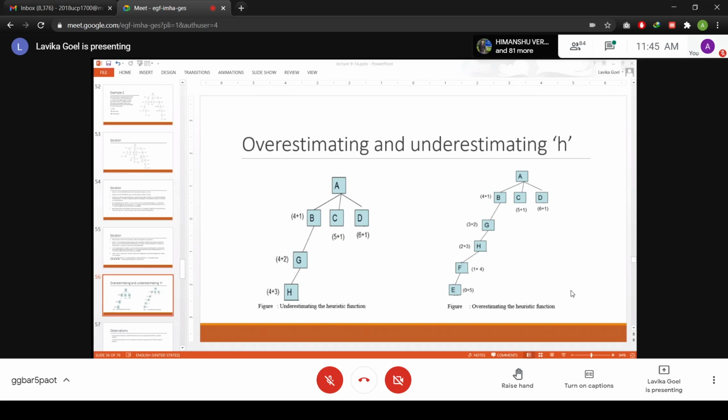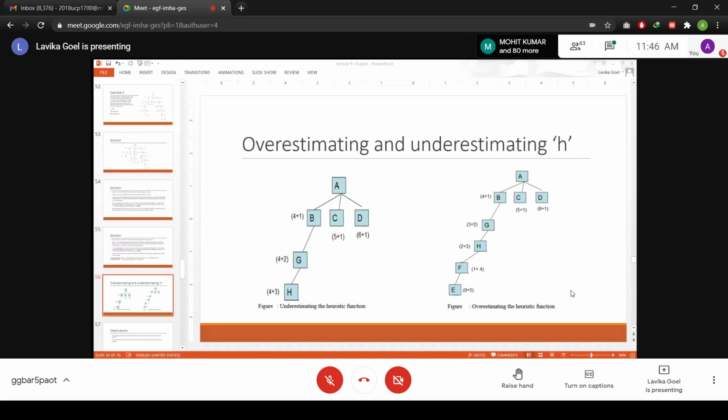Okay, so this is what I'm saying. You can reach E through the left hand side path also and through the path via D also. But you have overestimated the heuristic value of D so high that you will never follow the path via D. You will choose the left hand side path only, and you will reach the goal state E through a longer path. So this longer path is not an optimal path actually. So that's why I'm saying that if you overestimate the value of a heuristic function, in this case you have overestimated the heuristic value of D.